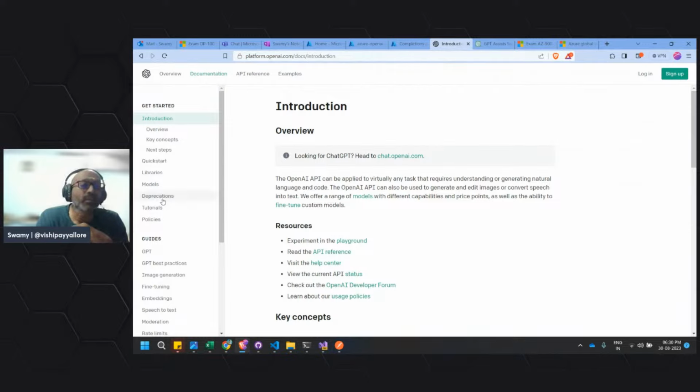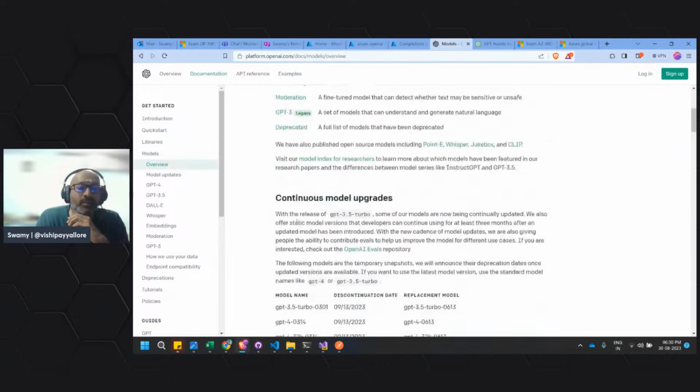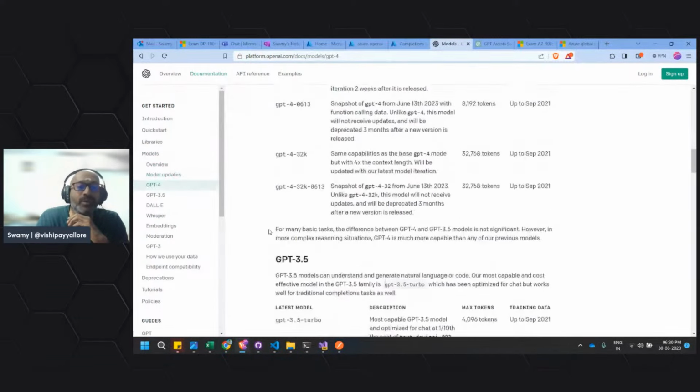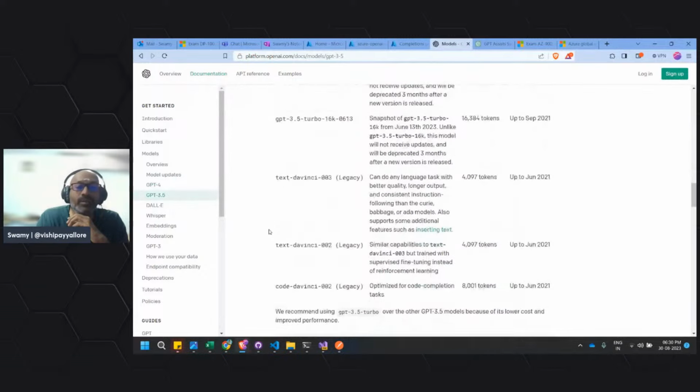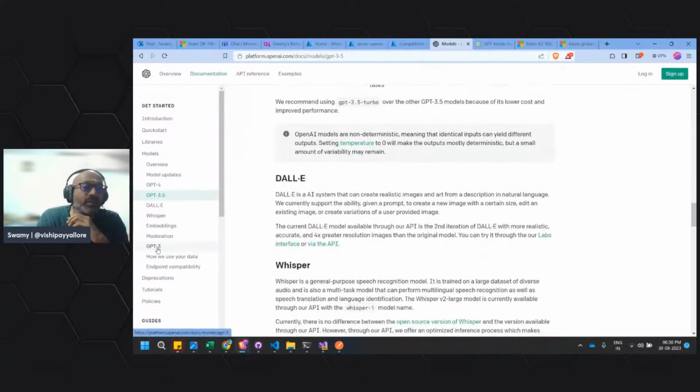Search on the models and the deprecated model, that is Chat GPT. Ours is Text DaVinci 003, GPT 3.5 models.